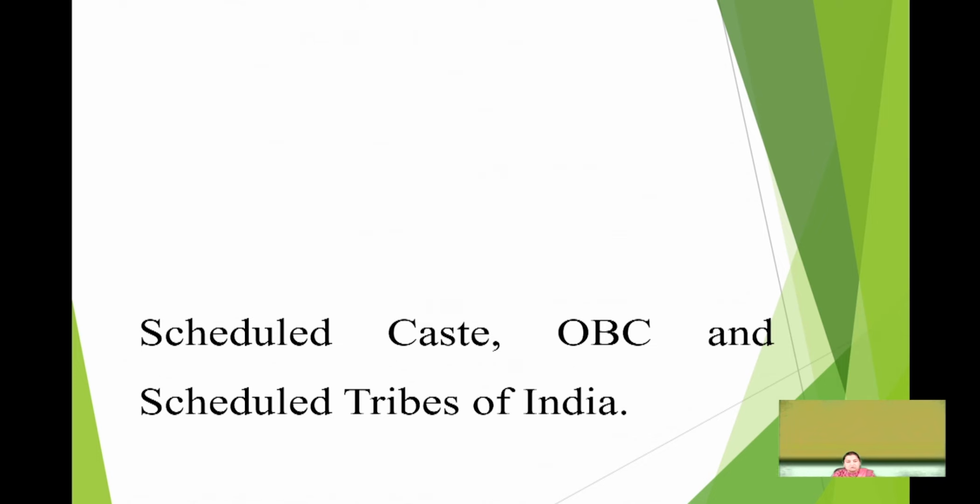Now let us get into this whole idea of how much of the population in Indian society is scheduled caste, how much is OBC, other backward classes, and then scheduled tribes of India. Apart from these is the general category. Let's say we divide it for legal purposes, for reservation purposes, we say that this is the general category. The general category is normally the people who come under the category of Varna Vyavastha, most of them being Brahmins, Kshatriyas and Vaishyas.